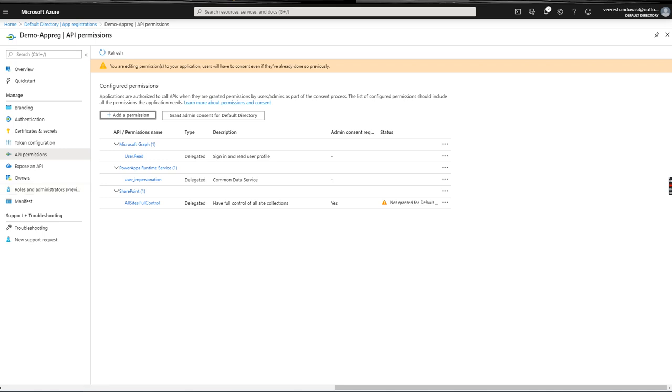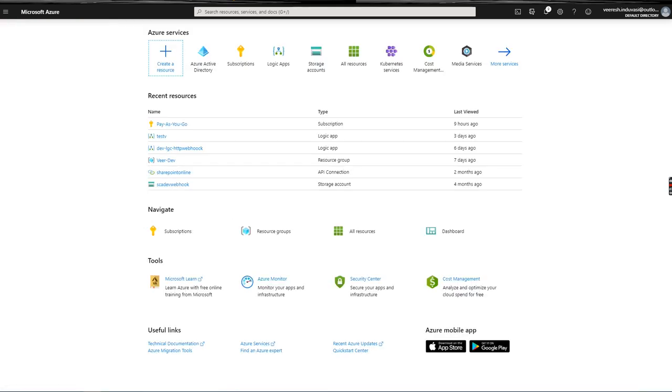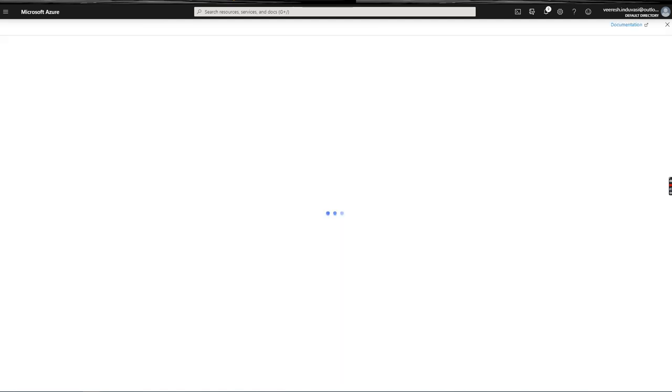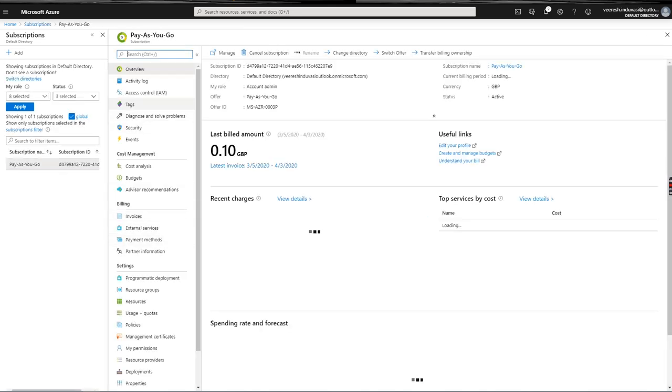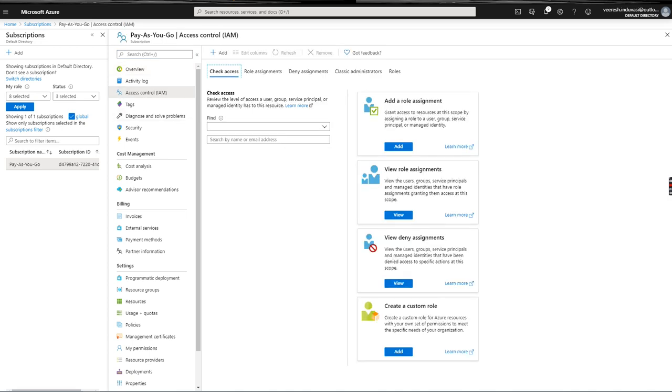Apart from this, now we'll go to the Azure portal, where I'll show how you can give permission to Azure resources. The first permission I'll show you is at the subscription level. So you can go to subscriptions, and at the subscription level you can give a permission. For example, select the subscription which you want. At the moment you can see only one subscription name. Then go to access control. In access control, this is where you will assign access to user accounts or AD groups or a service principal. So here we are explaining about service principal. Just choose the service principal which we created previously.